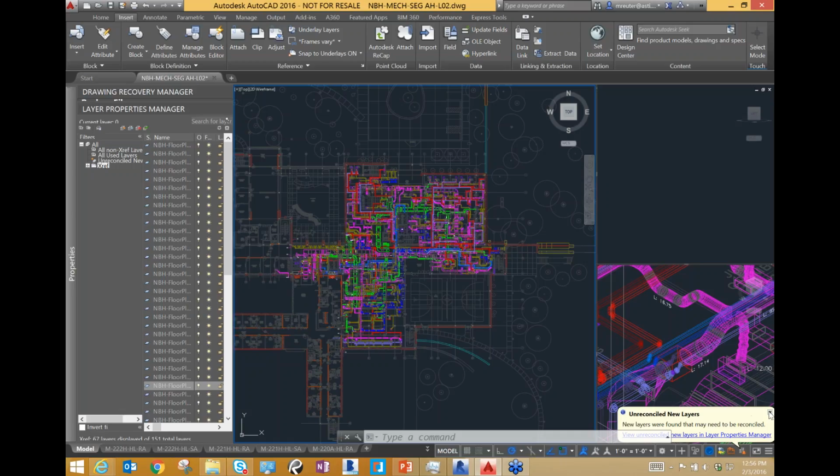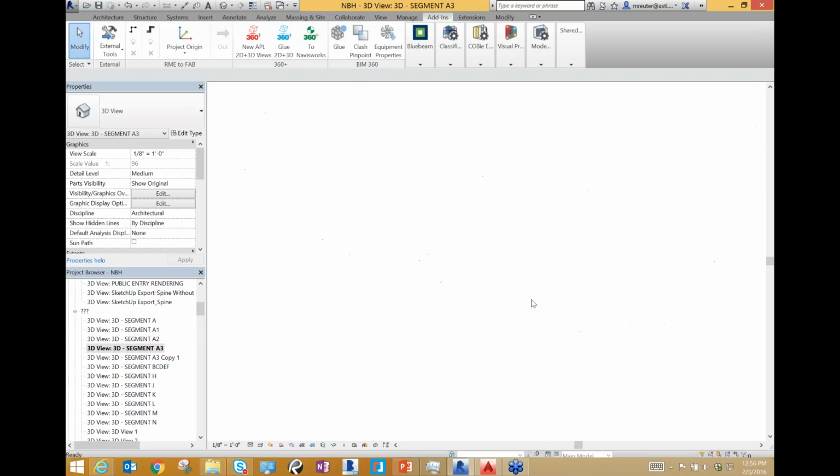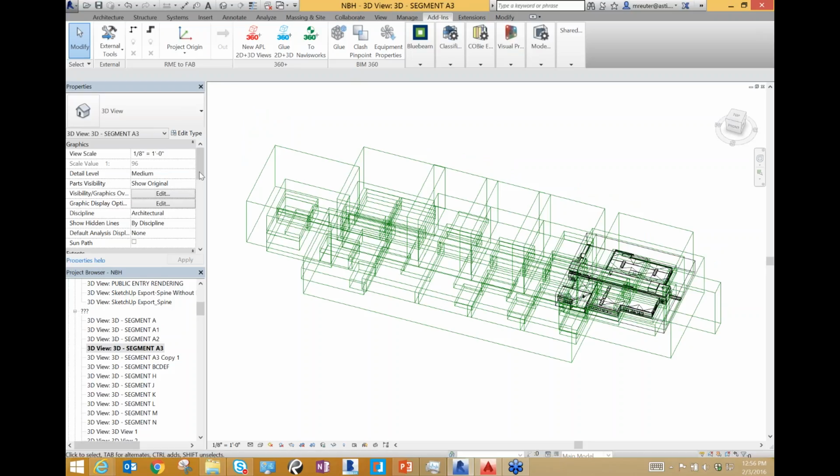So, Michael, I have another question here. What are those green boxes in the Revit project on the screen? Okay, great question. I'll show you that right here. We'll click on this one right here. So these green boxes, they are called